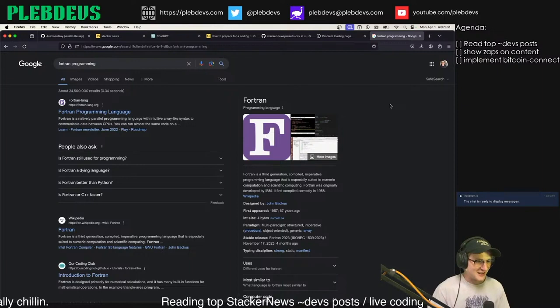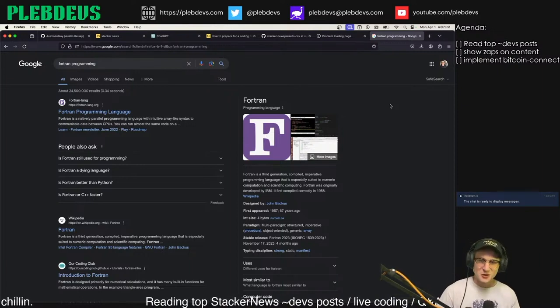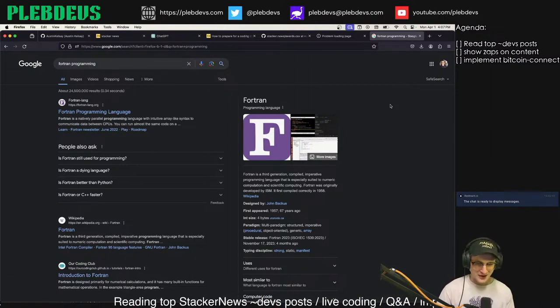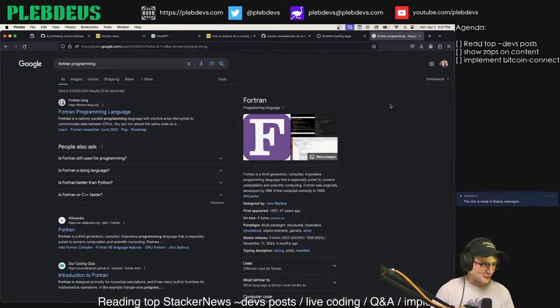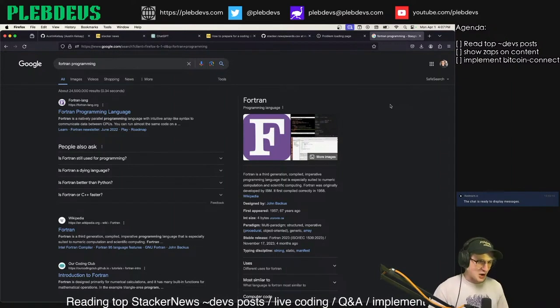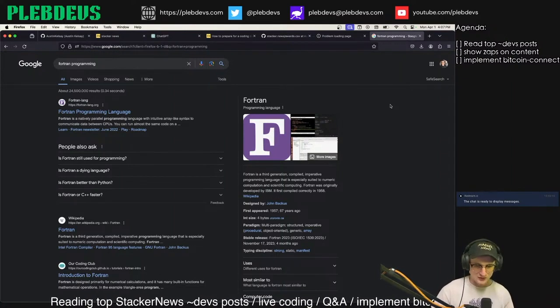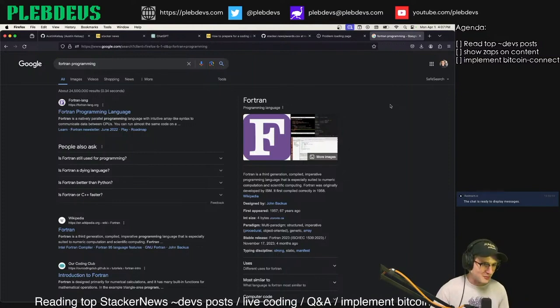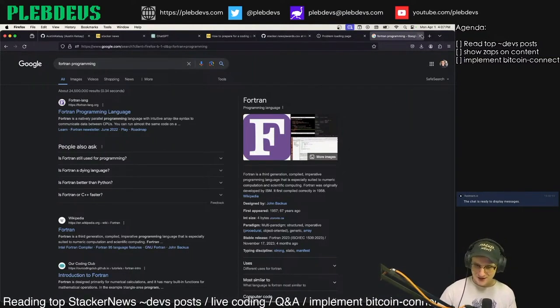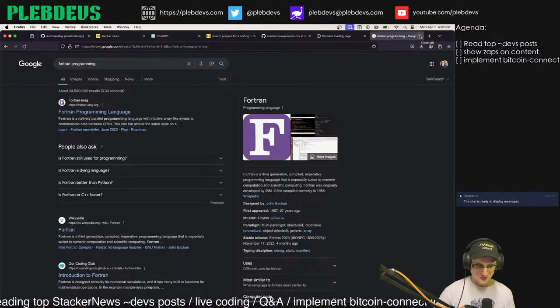I think it wasn't Fortran, it was COBOL, another super old language that was randomly very much in demand a few years back, because all of these legacy banks have this terrible legacy code that's written in COBOL. I don't know if it's terrible. It might be good. I'm judging. I just think it's terrible because they're banks. But who knows? Maybe Fortran will come back around.